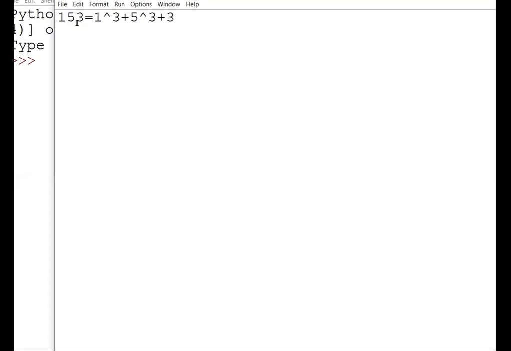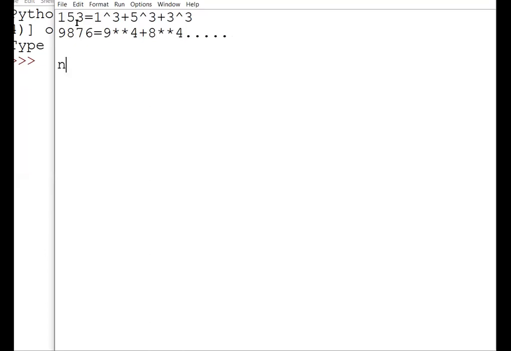And if the number is of 4 digits, for example 9876, whatever it is, it has to be 9 to the power 4 plus 8 to the power 4 plus 7 to the power 4 plus 6 to the power 4. Something like this, and then so on. So we are going to make the logic of this only.